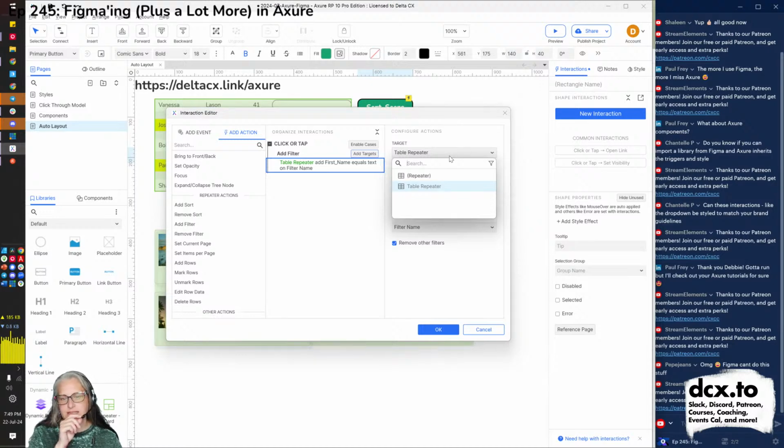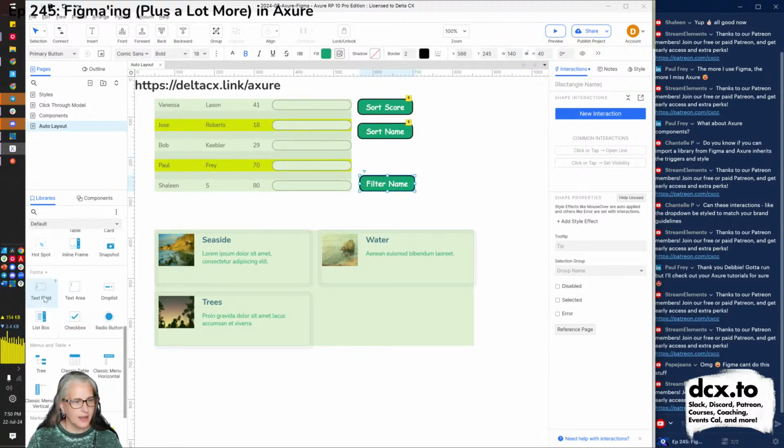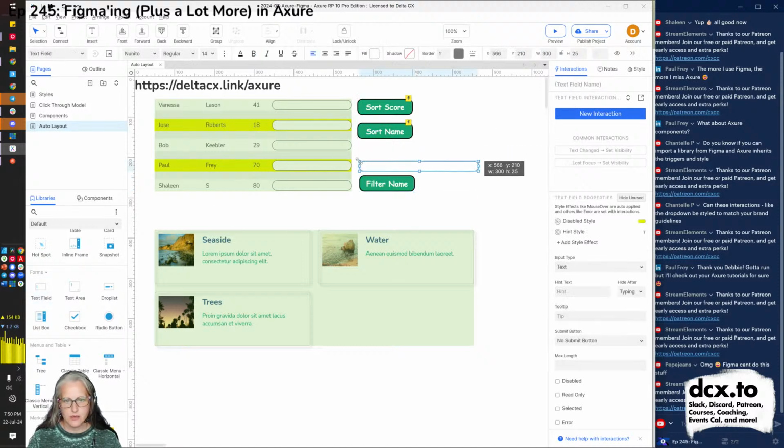We need a place to type something for the filter because we need to make a rule. Aha! That's right. I knew I was missing a piece. All right. Before we filter, let's grab an area where people can write something and we can filter by what they've written. Here we go. Little text box.